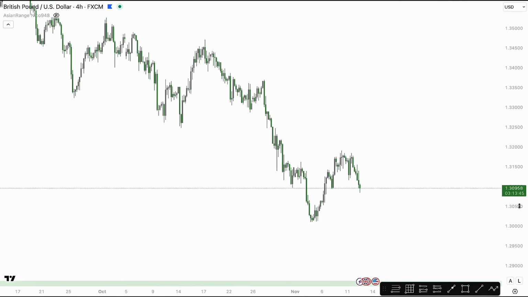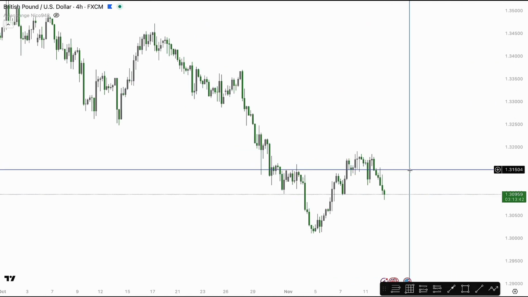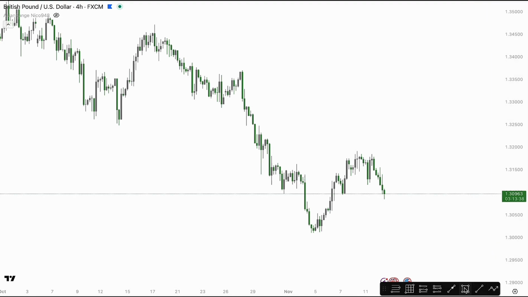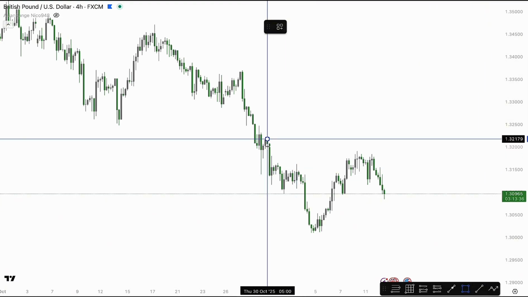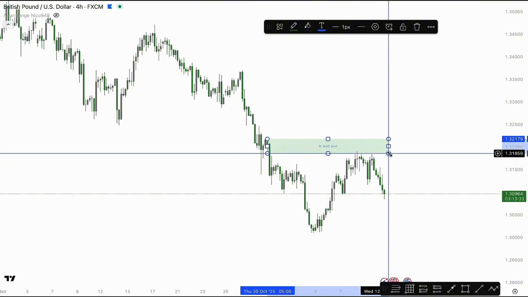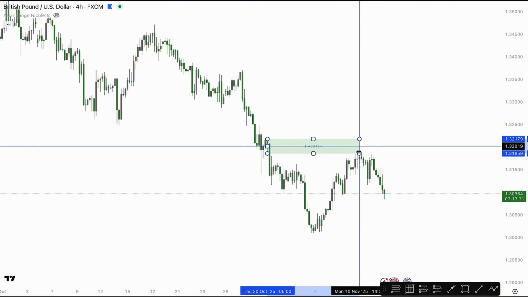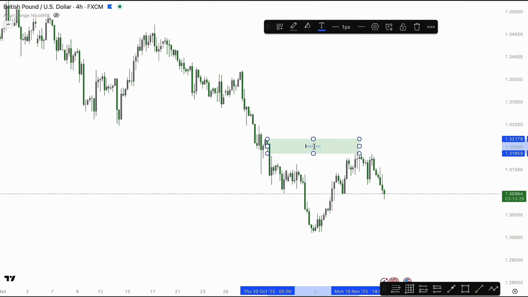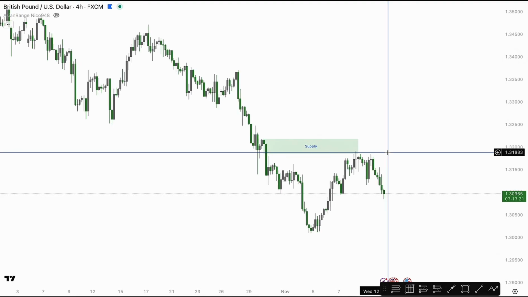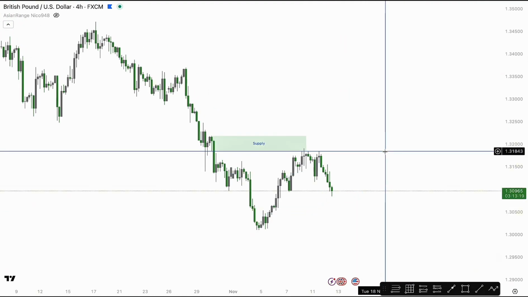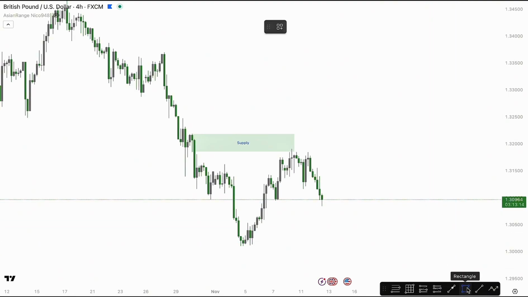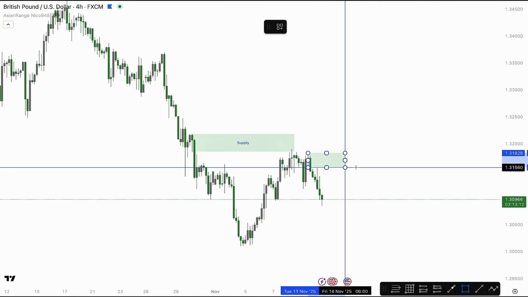We can see there is the supply zone which the market has tapped into and reacted from, so we map it out. That's our supply zone, and we can see another supply zone after the market reaction that caused the break of structure, so we map it out as well. We map out the supply zone too,